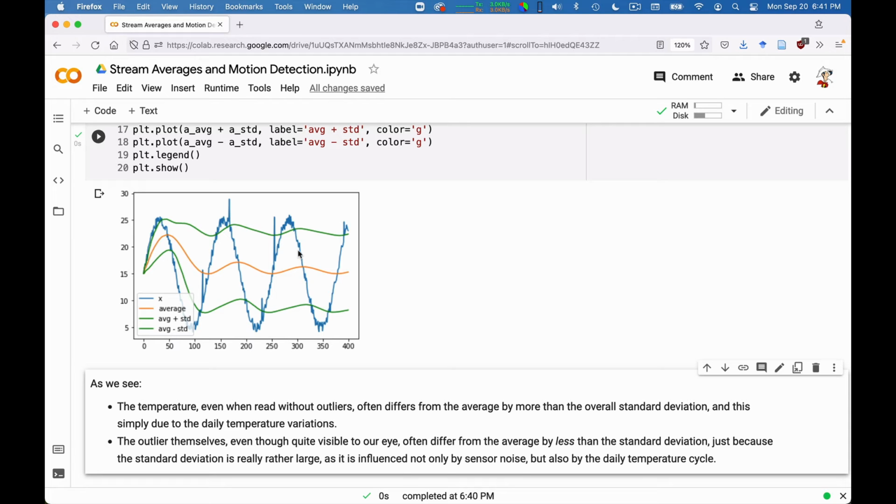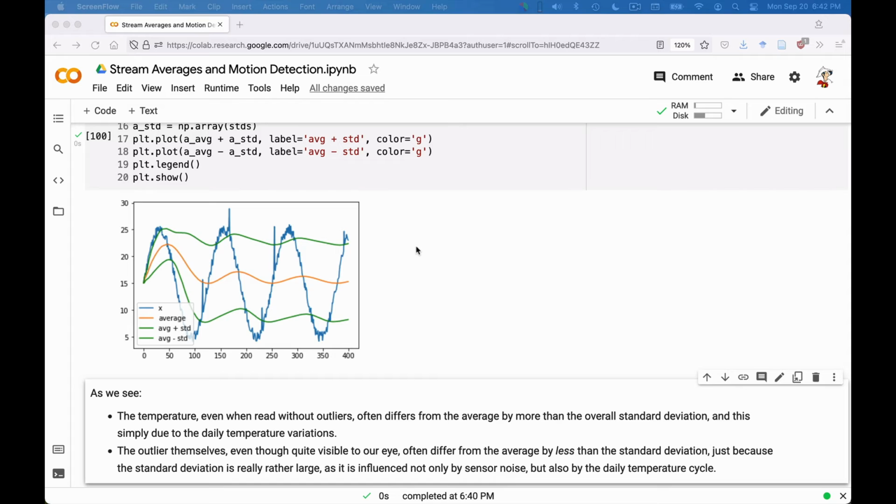So how can we do this? There are various approaches. One approach is to implement a sliding window averagerator. If you think about it, the original averagerator computed this final average by going from 0 to that point, right? So it uses the whole history. A sliding window averagerator has a fixed size of history that it remembers. For example, if the window size is 100, when it computes the average at 400, it would include only the data between 300 and 400.